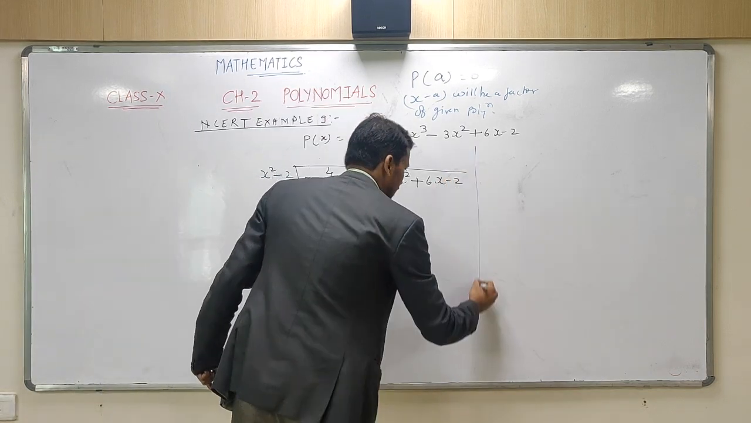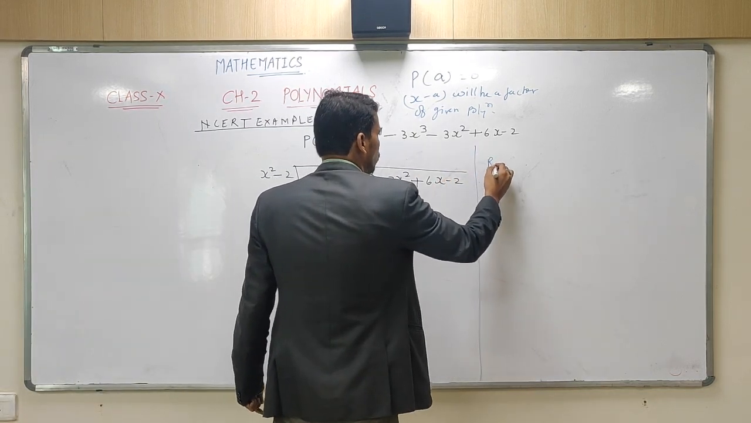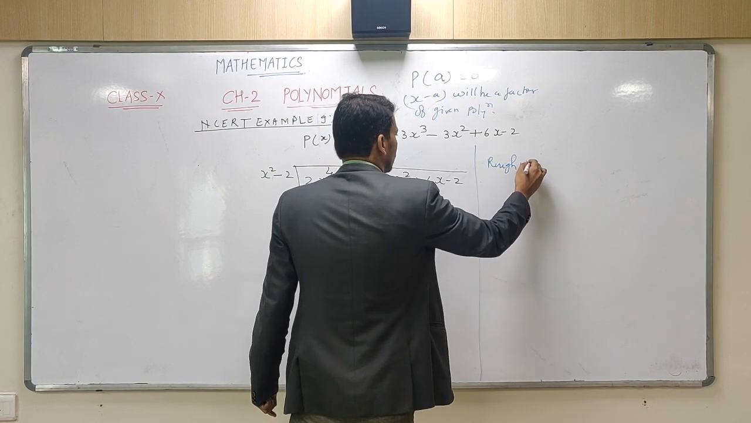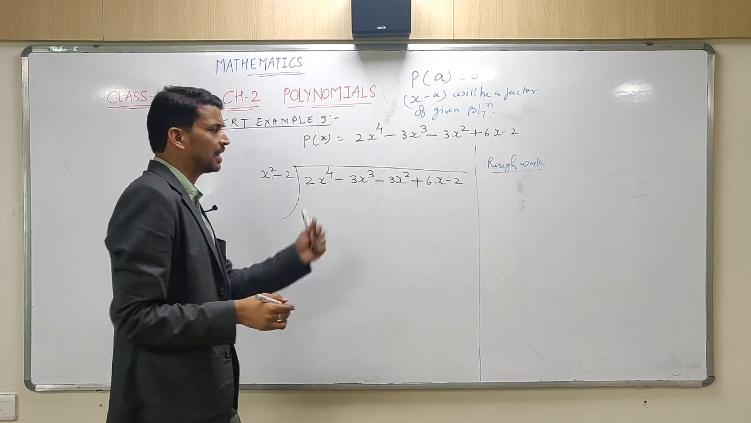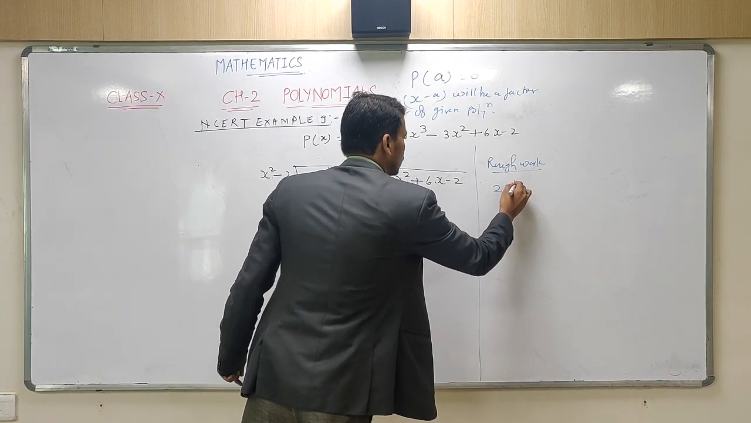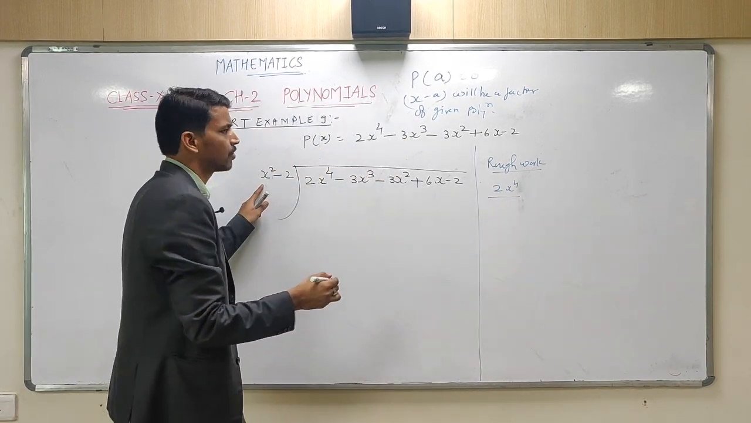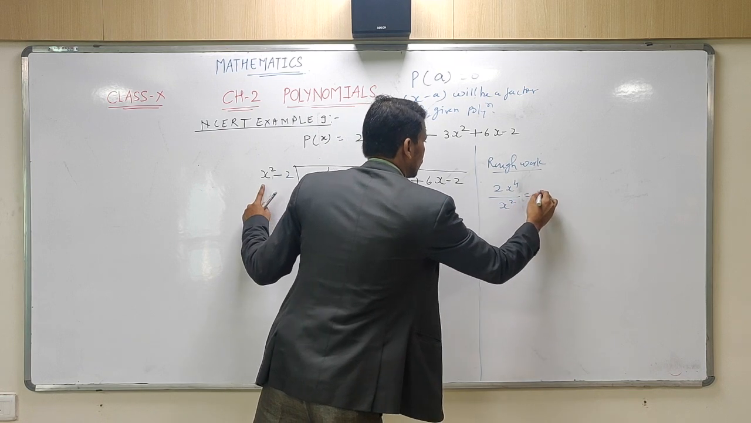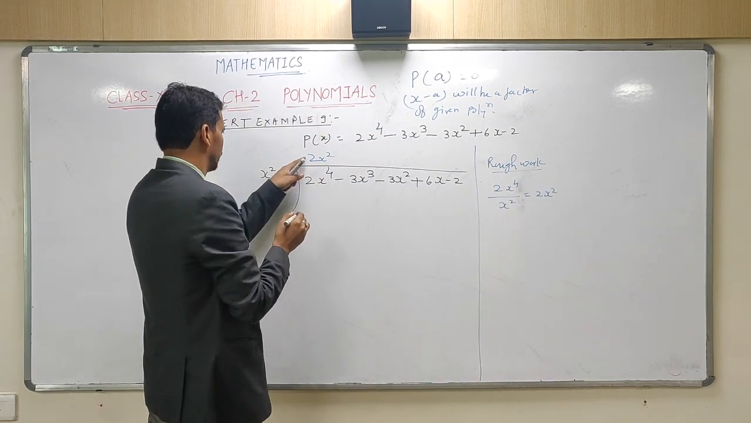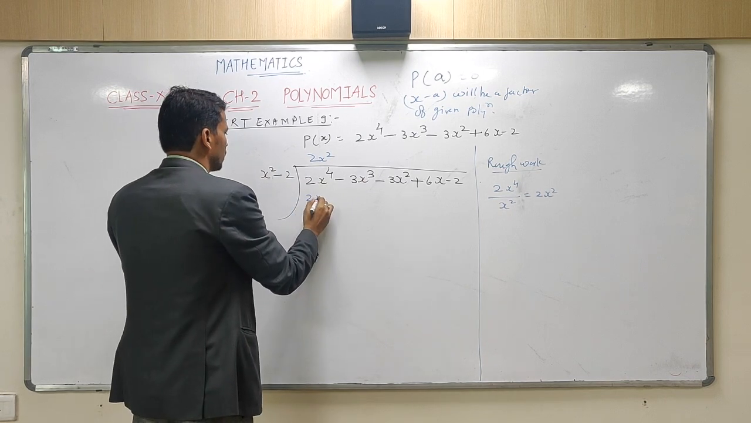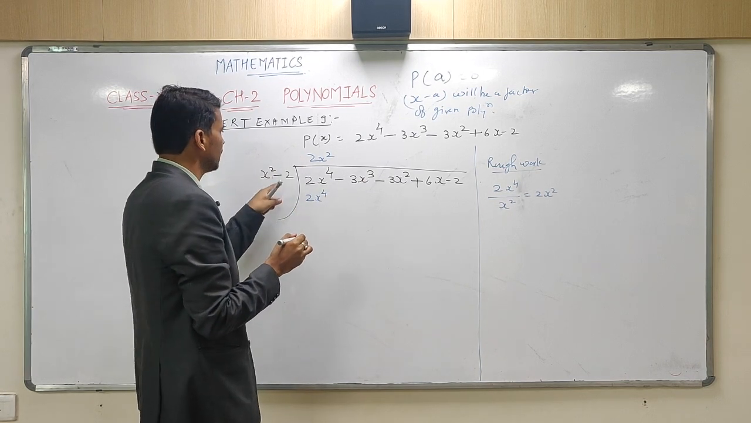Let me revise again how to perform the division. Rough work we will do here. We will take the first term of the dividend, that is 2x to the power 4, and we will divide by the x square. What is left? 2x square. So, we will take 2x square over here, multiply over here, 2x to the power 4 minus 4x